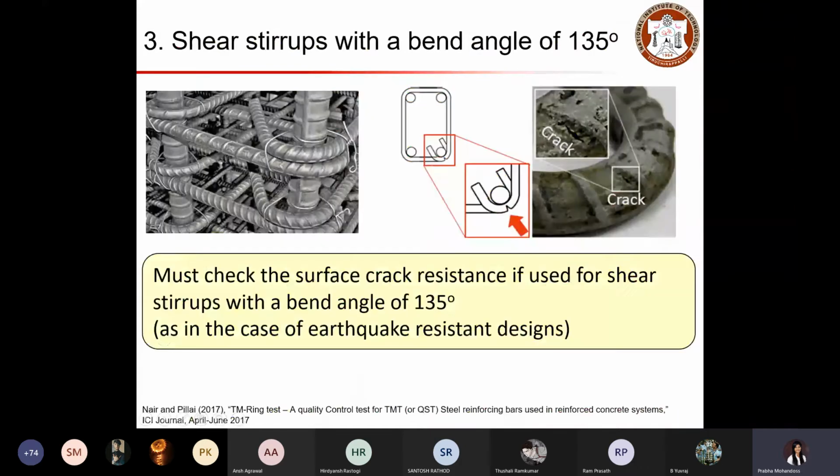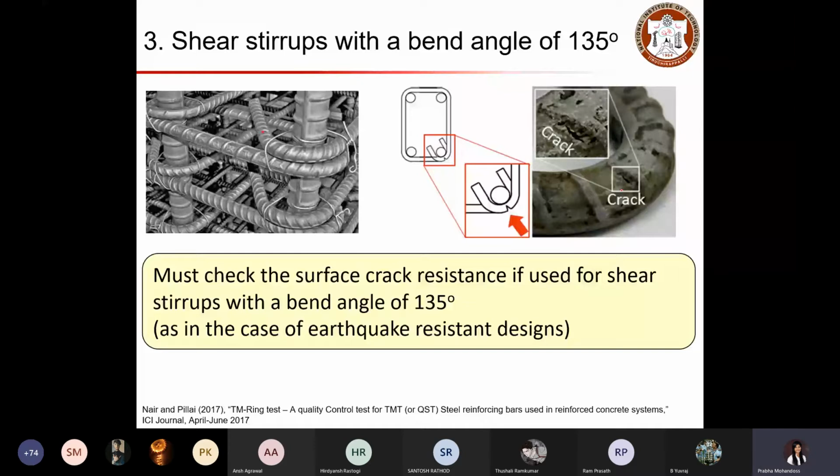So here you can see how those things will be used in constructions, especially for shear stirrups. We bend the rebar at an angle of about 135 degrees. When we bend, if the quality of rebar is not good, we observe such type of cracking. When we have such cracking, it is going to affect the strength and ductility of your material, and